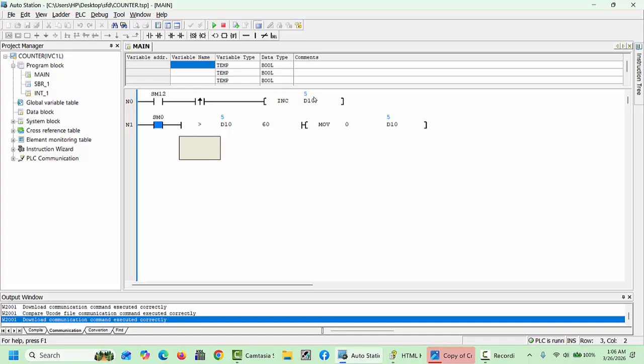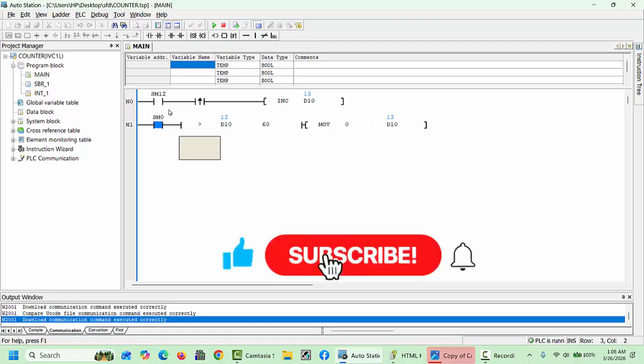Now you can see, as this 60 seconds is completed, this move command function will move 0 into the D10. This function will be repeated continuously. And after that, if you would like to make more over this timer, how can we do it? LD SM0, and next we will take